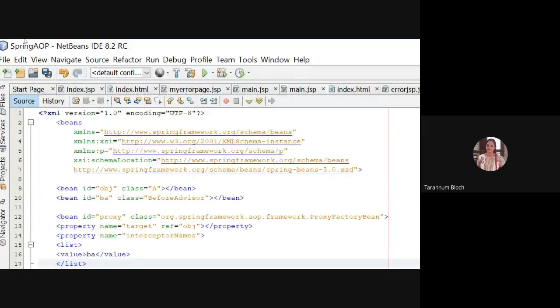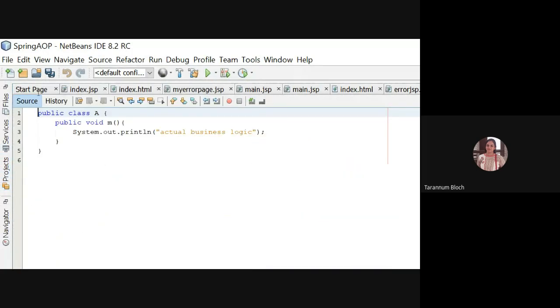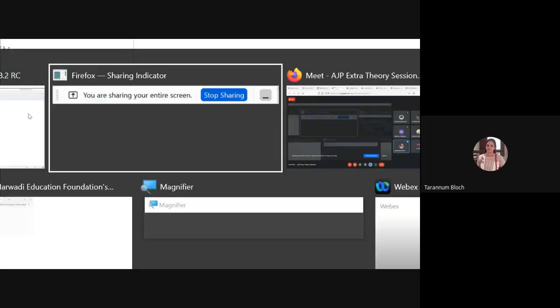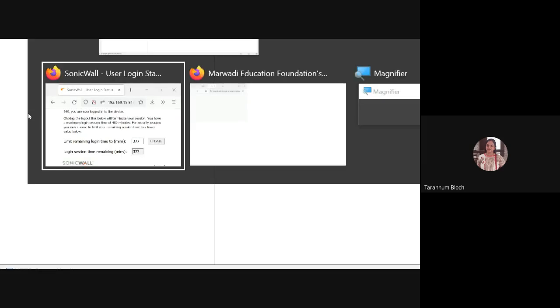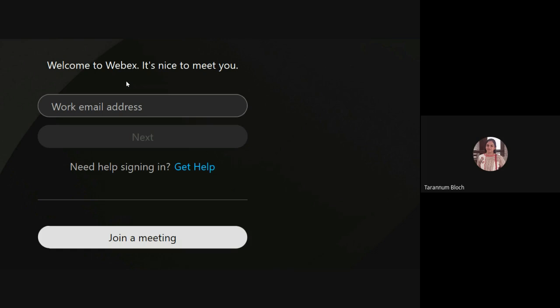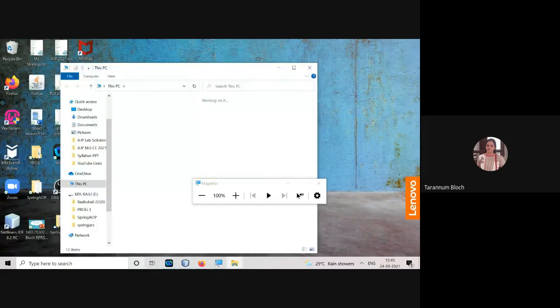Now this is my applicationContext.xml, aspect A having method M, right? If you recall the terminologies which you have learned a few minutes ago, these terminologies are nothing but your normal classes and methods.